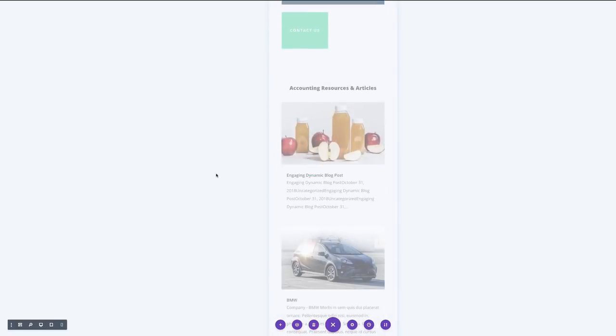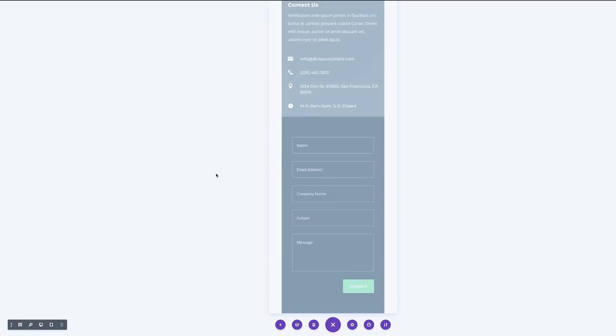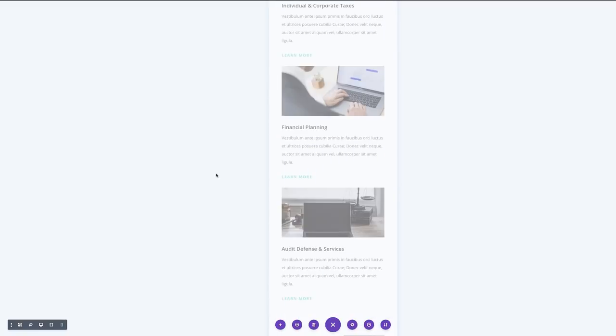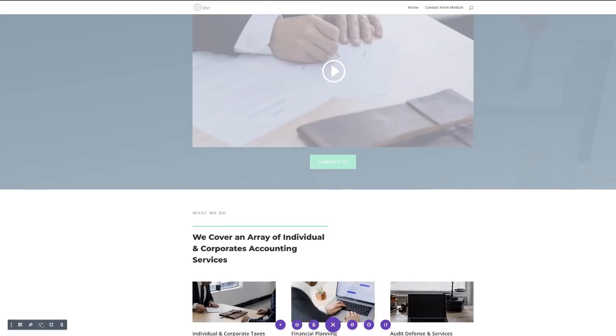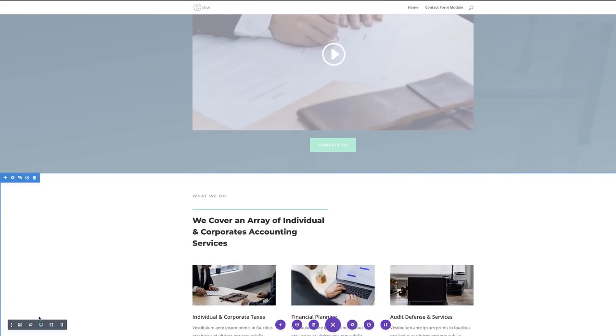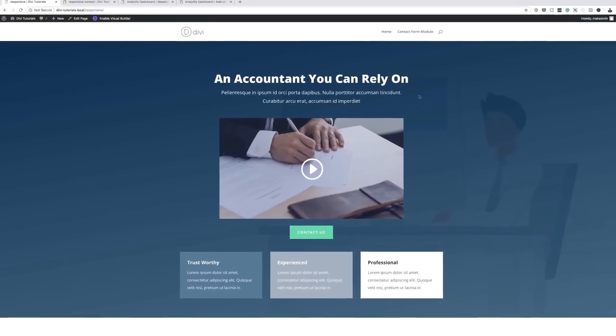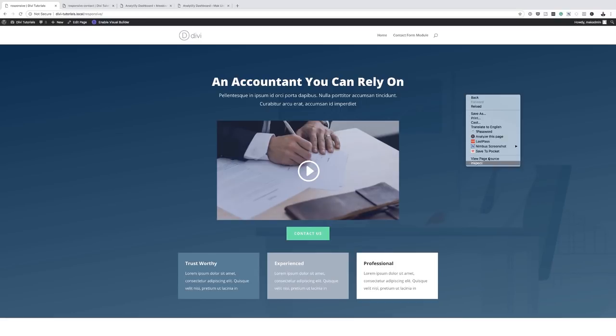And that's how you troubleshoot this. So everything else is grayed out except this one here. Okay, so I'm just going to go back to my desktop view. I'm going to save this, exit the Visual Builder, and then we're going to take a look at this one more time. Right. Okay, so if I right click here and inspect,